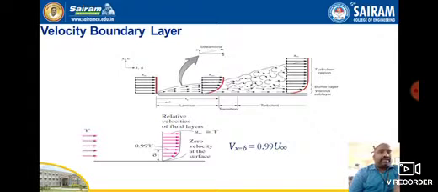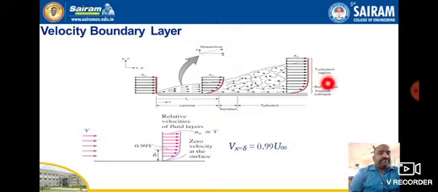So even with the streamline of this, we can see how the turbulence occurs. Initially it is laminar, so when the fluid enters onto the surface, initially it will be laminar, and later it will go through transition and convert into turbulence. So these are all schematic diagrams of the velocity boundary layer of the fluid.